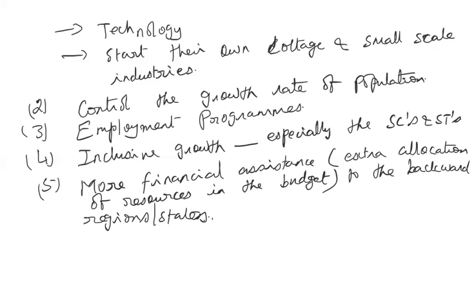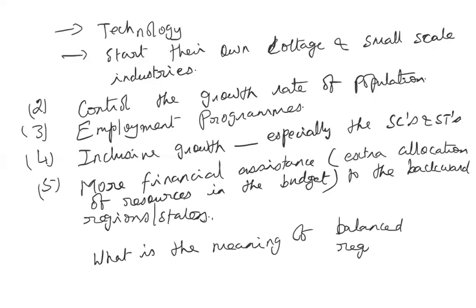Okay. So these are just some of the measures that will help the backward areas. They cannot be on par with the forward areas, but at least they will also start developing. Now why do I say that they cannot be on par? It's going to take a long time for them to come on par with the developed areas. For that you have to understand what it means if there is no regional imbalance in the country, that means there is balanced regional development in the country. So that's what it means.